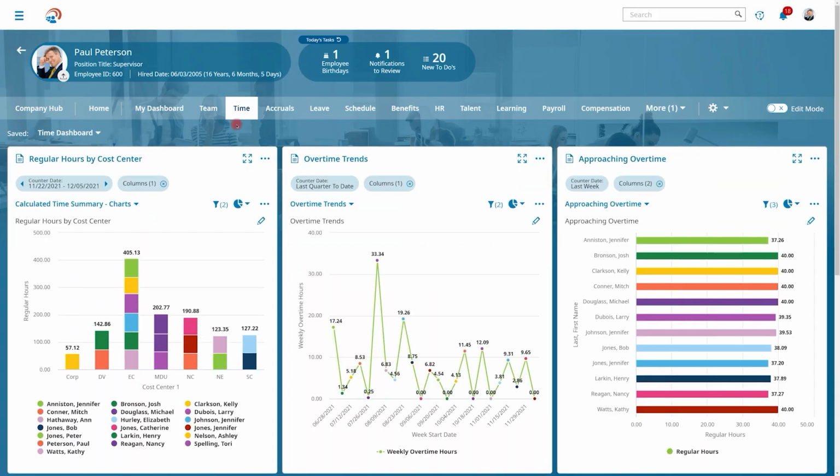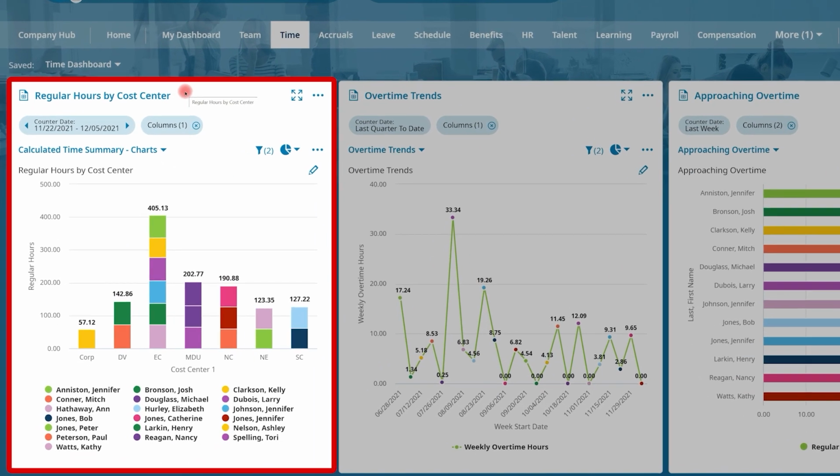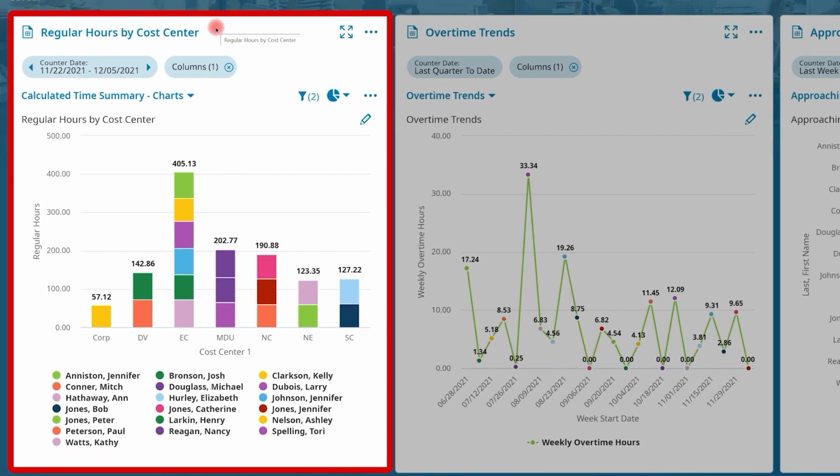Now, understanding that labor costs are such a large business expense, it's also important that our managers get a good pulse on the labor associated with their team. So here I've created some analytics to get further insight into what makes up our labor expenses. Here I've created a chart that is showing us how many total hours were worked across each cost center for